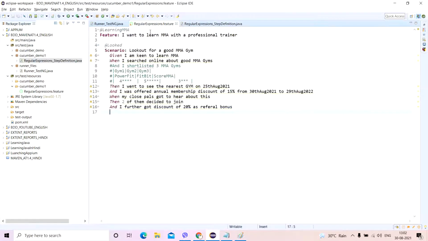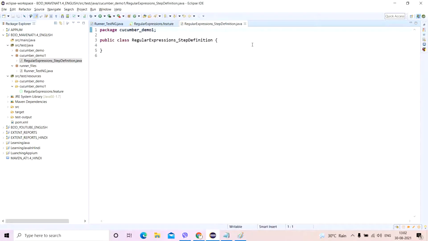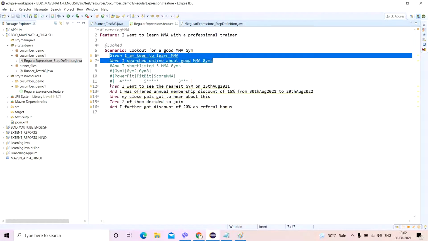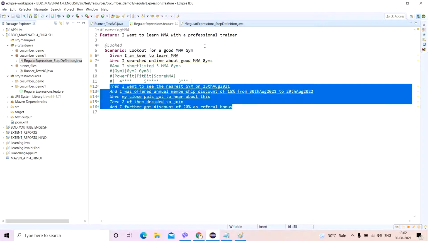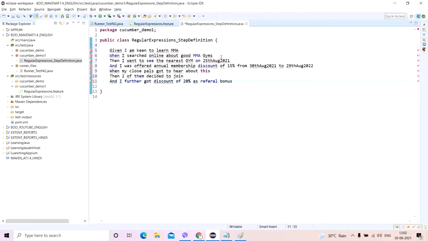Now the next thing we do is, see guys, I can copy the given, when statements, these gherkin expressions which we have, and then go ahead and do it.